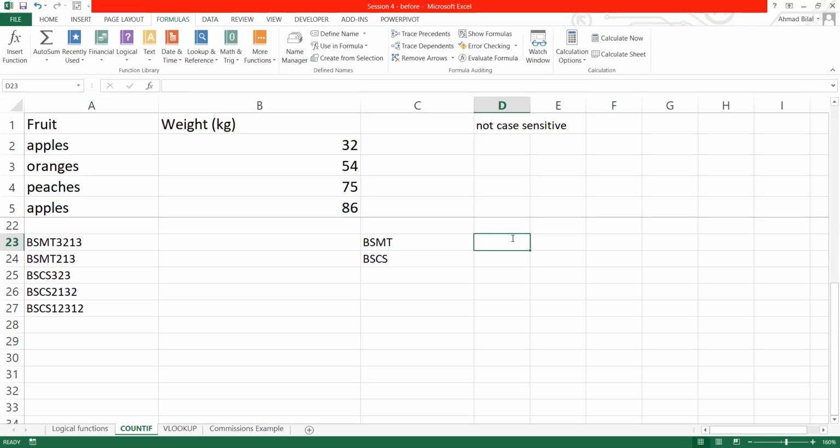So let's say मैंने दोनों को count करना. So BSMT वाले students कितने हैं मेरे? How can I count them? I would have to use some sort of criteria जिसके अंदर मैं उससे ये कह सकूं कि अच्छा, so there are 2 ways. One way is कि मैं कहूँ कि अच्छा इसमें BSMT आ रहा हो कहीं पे, and another way is कि it should be starting with BSMT and then it could have anything after that. ठीक है? अब देखिए, सिंपल पहले वाली कंडीशंस यहाँ पे अप्लाई नहीं कर सकते, बिकॉज अगर मैं यहाँ पे सिर्फ ये करूं कि इस रेंज के अंदर if I were to simply count